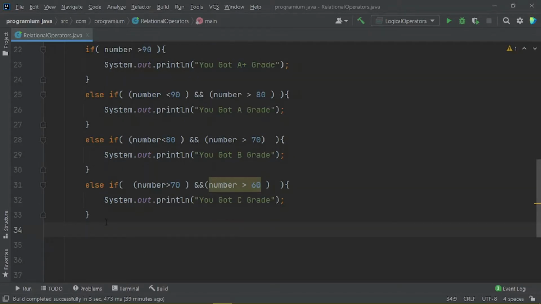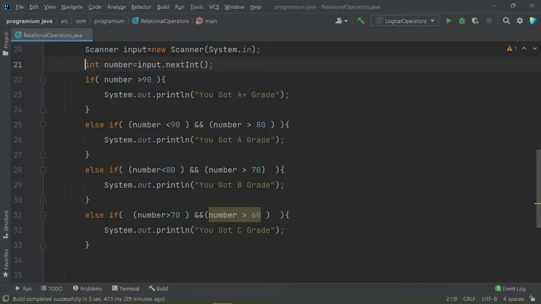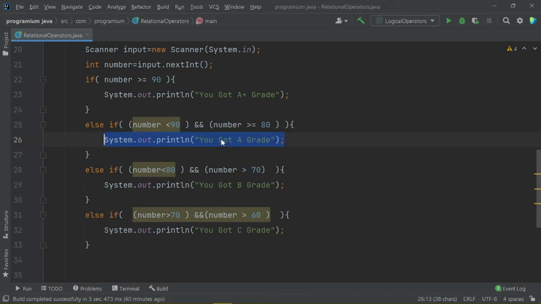So guys, now this is the number system we want to create: if the number is greater than or equal to 90, then the user would get A plus grade. And if the user got a number smaller than 90 and greater than or equal to 80, then they would get A grade.